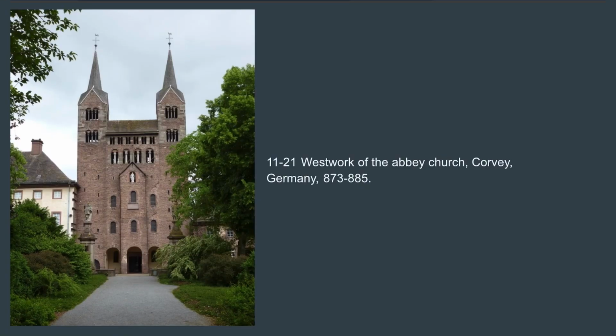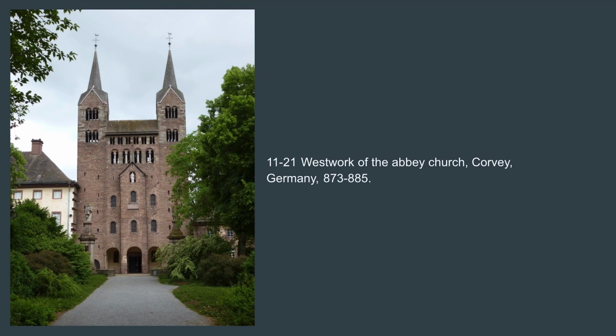Another important church constructed during this time period was the Abbey Church at Corbie, also known as the Princely Abbey of Corbie, which is located in Höxter, Germany. An abbey, one of the vocabulary words for this chapter, is a church where monks or nuns typically gather to worship. The architecture in this church, or abbey, uses a technique referred to as westwork, another vocabulary word, which is